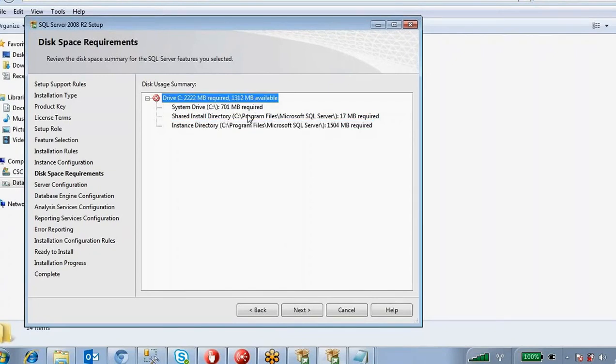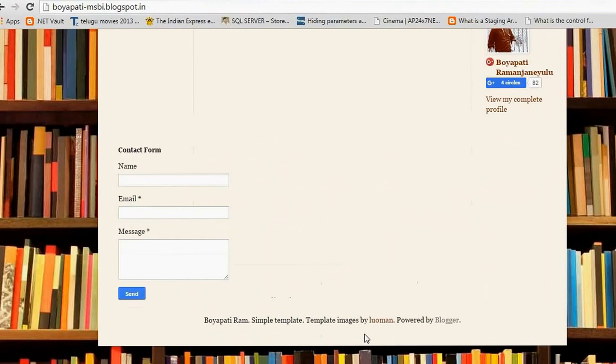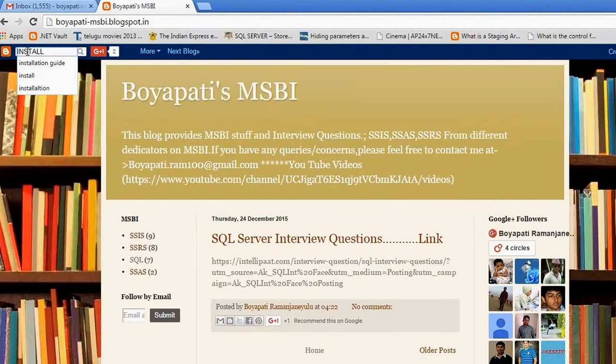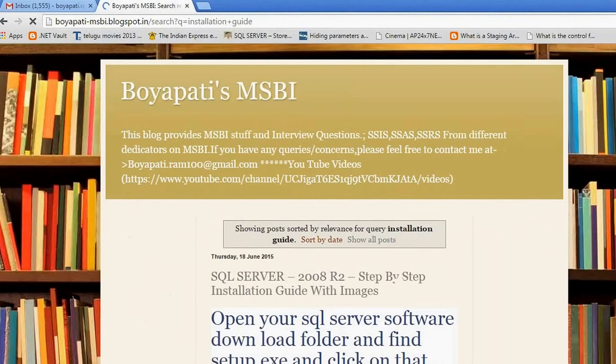I don't have any space. So from this step onwards, I will show you in the document how the steps are going. In which step we have installation, there is only one important step after that. After that, you don't need to do anything, configuration.